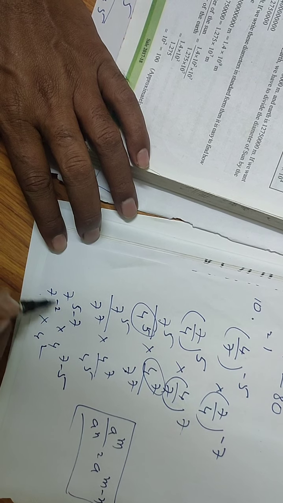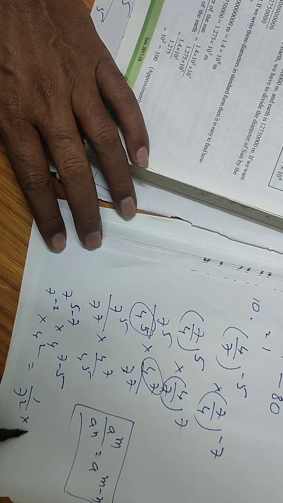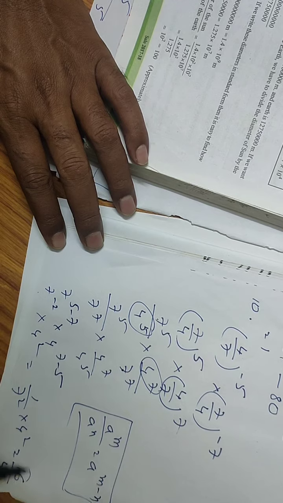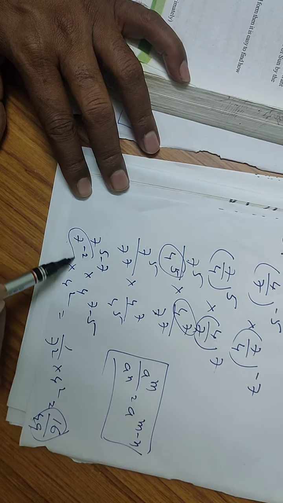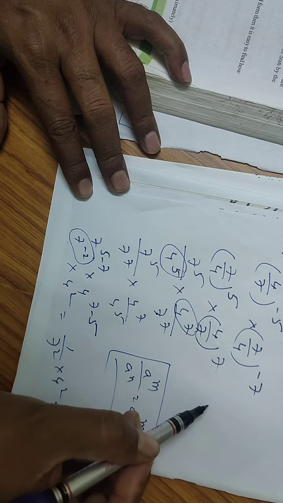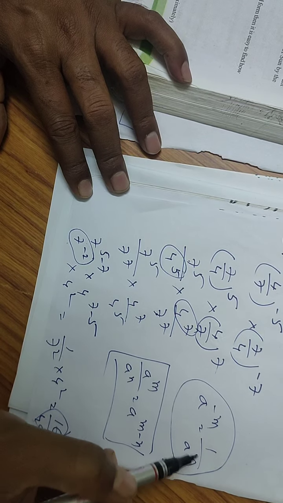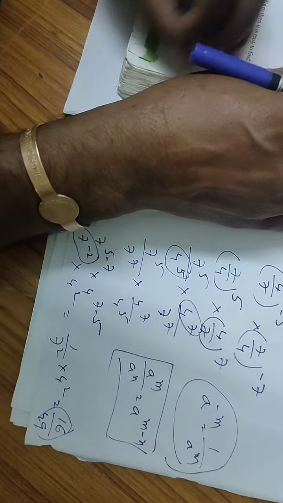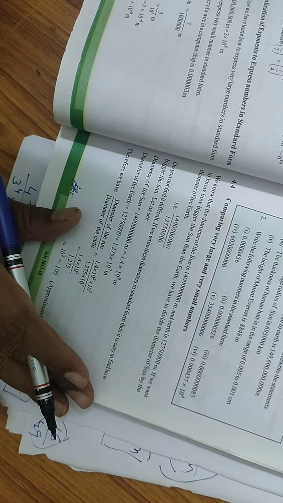Square. 7 power minus 2 means 1 by 7 square, you can write it. So 1 by 7 square into 4 square. 4 square means 16, 7 square means 49. You will get the answer 16 by 49. See again, 7 power minus 2, the power is minus. You have the formula a power minus m equals 1 by a to the power of m. Those who won't learn this formula, they won't understand this chapter. So the formula is very, very important for you. You have to learn the formulae by heart before doing the problems.